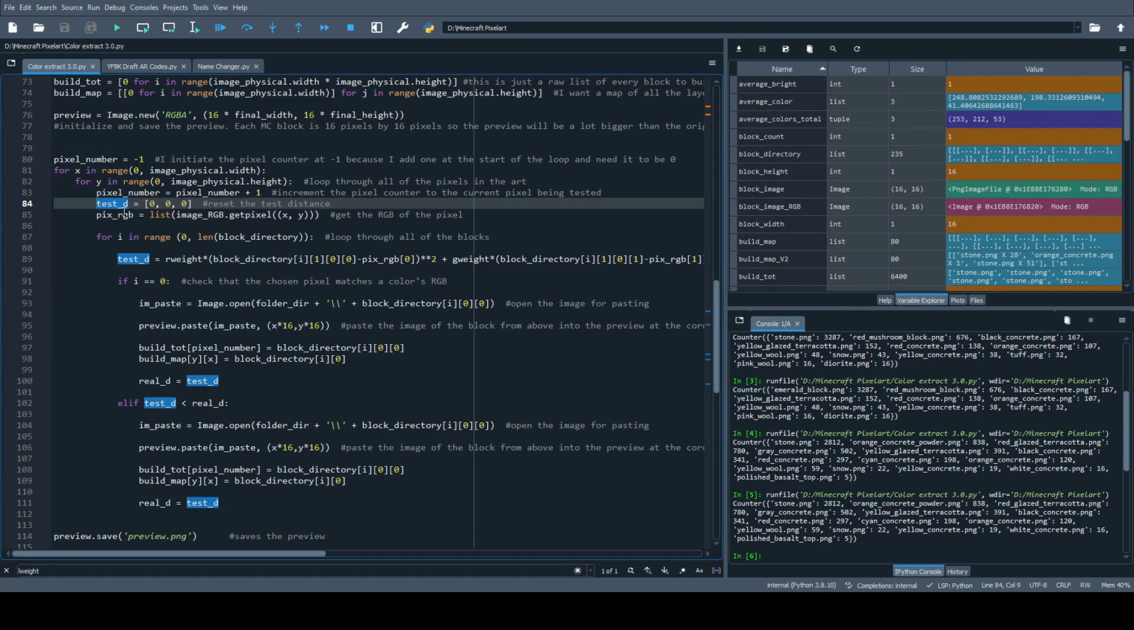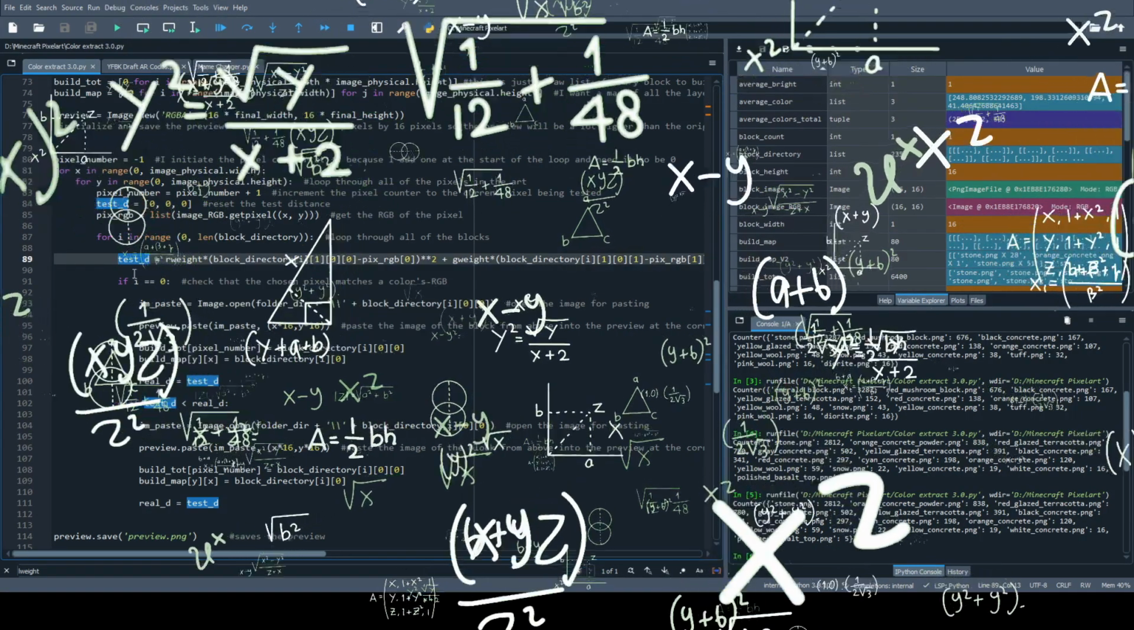So pixel RGB is literally the pixel in your pixel art, and that is going to be equal to the RGB value at the X and Y of your pixel art. So this will be changing every time. Now we've got the RGB of the pixel, now we have to get the RGB that most closely matches it. So now we're going to loop through every block in the block directory again, and inside of here, we're going to test. Hey, this test distance is actually going to be equal to,